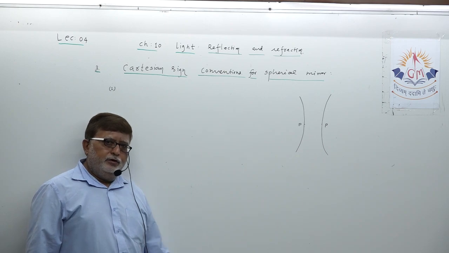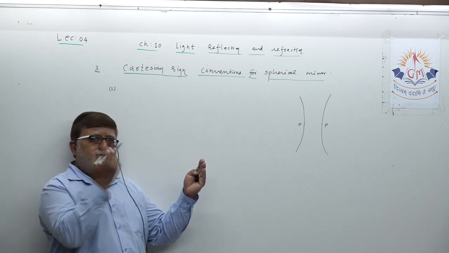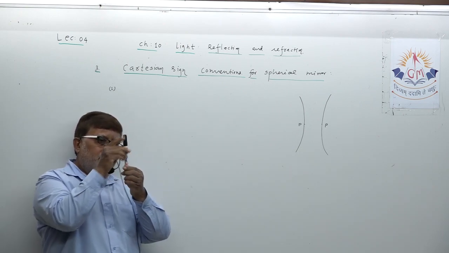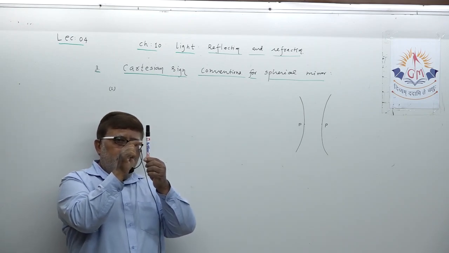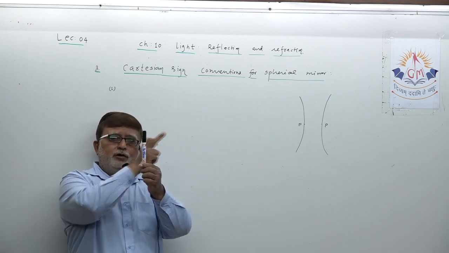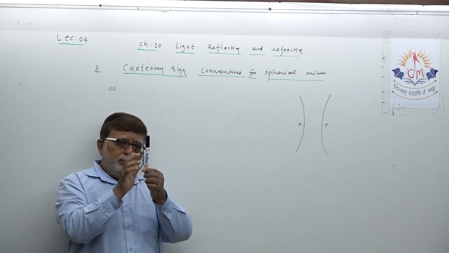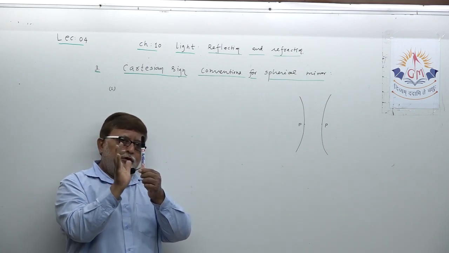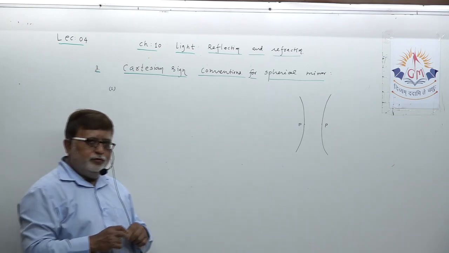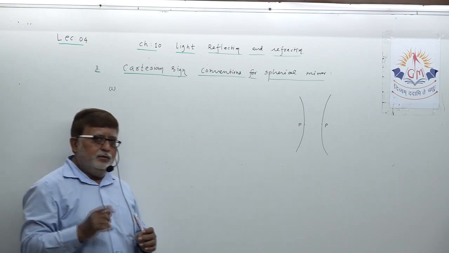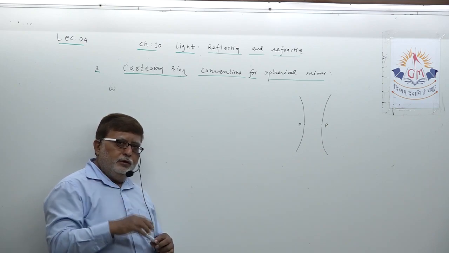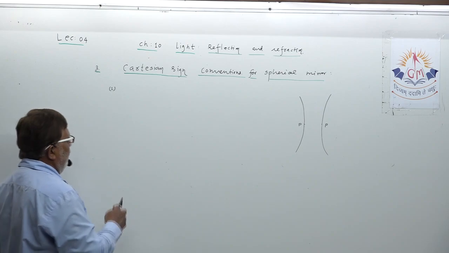All distances, either to the left side of the mirror or to the right side, suppose this is the mirror, may it be concave or convex, this is the pole. You have to measure any distance from the pole, maybe to the left side or maybe to the right side of the mirror, but distances will be measured from this particular origin which we call the pole. So, dear student, the first rule: all distances are measured from the pole of the mirror. That is the first important point.